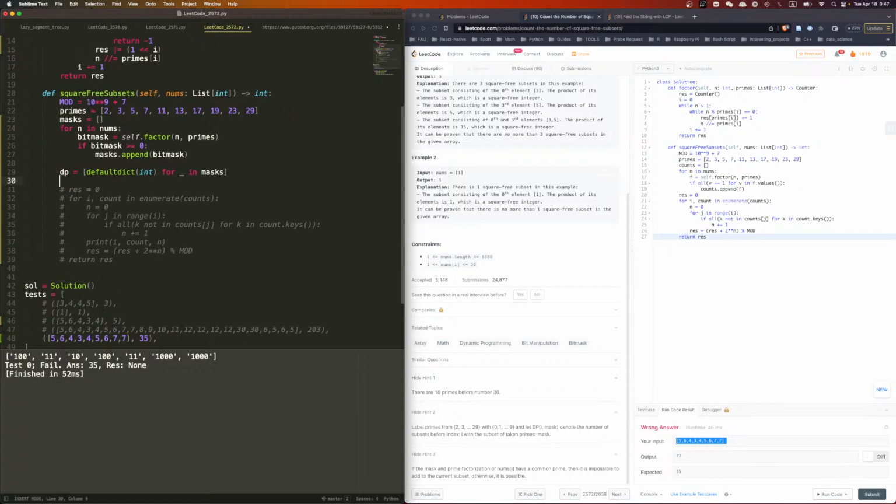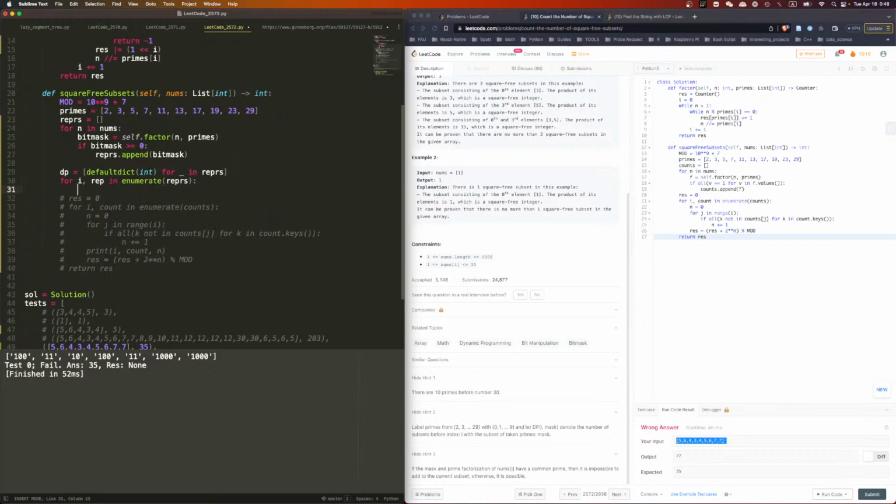Okay. We'll call it masks. I'm gonna change its name. I don't like to call it masks. Well, I guess it's fine. Doesn't matter. Okay, now we need to go from the first mask all the way to the end. All right. Then we say for i, right? I don't like to call it mask. It represents reps, so for i, rep in enumerate represents. Okay, for each one